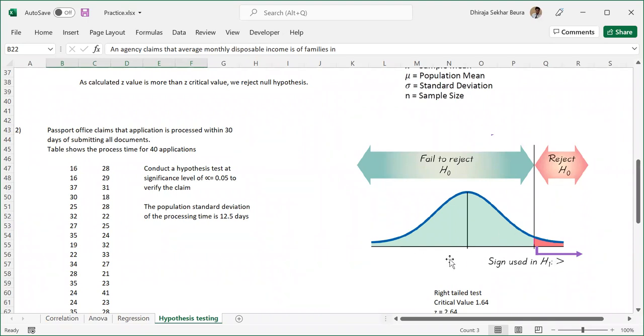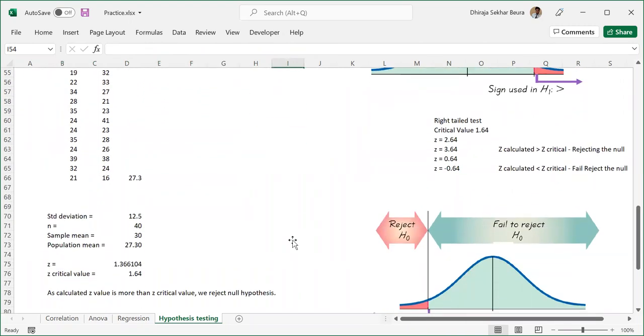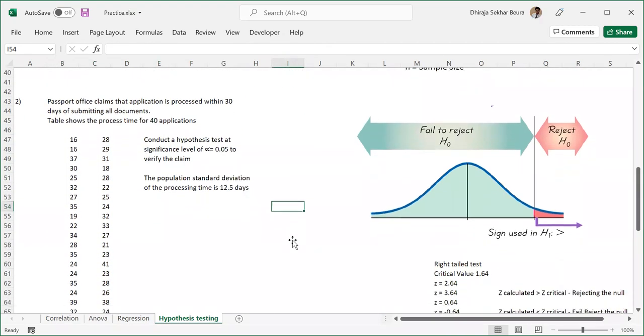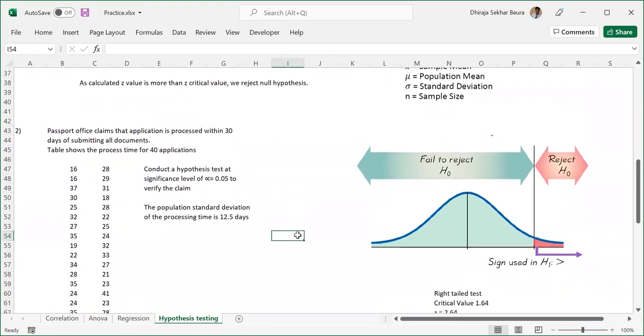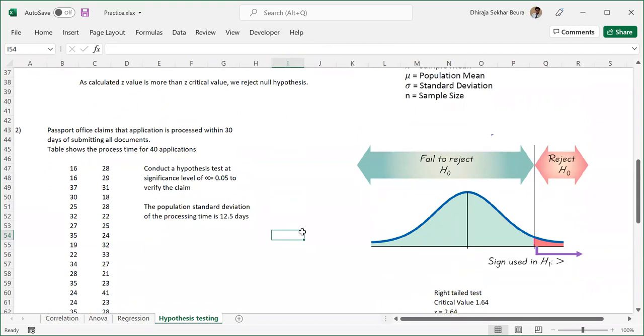So I think that is one thing which sir has mentioned, that many people mess up the creation of the chart. So just make sure that you draw it, and if you don't give values, just mark whether it's a right-hand test, left-hand test or two-sided test. Okay, so we have to draw the figure also once the calculation is done. Yes.